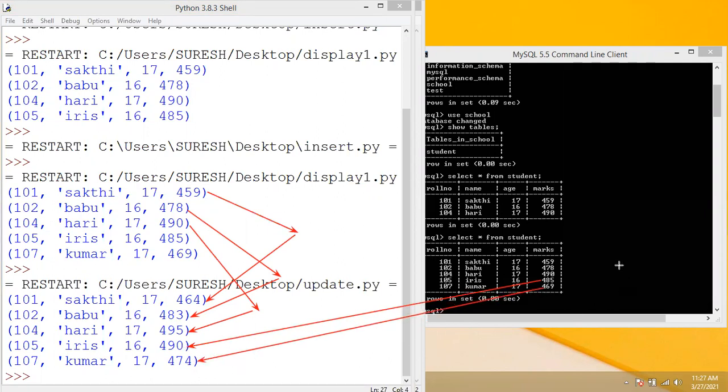This will also affect the table present in MySQL, because we are showing the table present in MySQL only. So the changes will occur in MySQL, and we are retrieving data from MySQL by using the fetchall function. All the marks are incremented by 5. This is the only command.